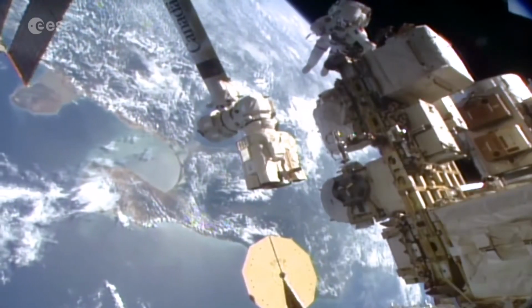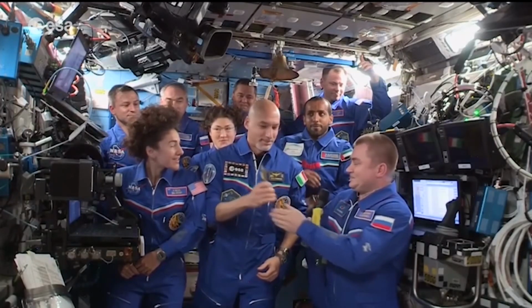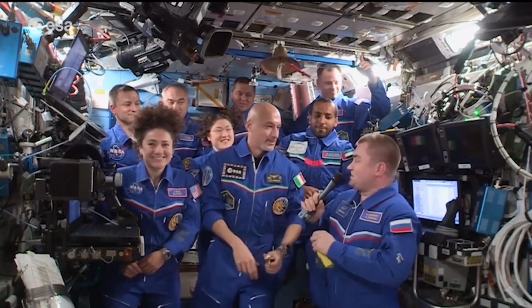Space is one of the best examples for international cooperation in terms of science and technology. Our ISS is a multinational project, and we've seen a lot of projects there that really bring together the whole community in terms of space and exploration, and to do this work together as scientists working on the same aim,